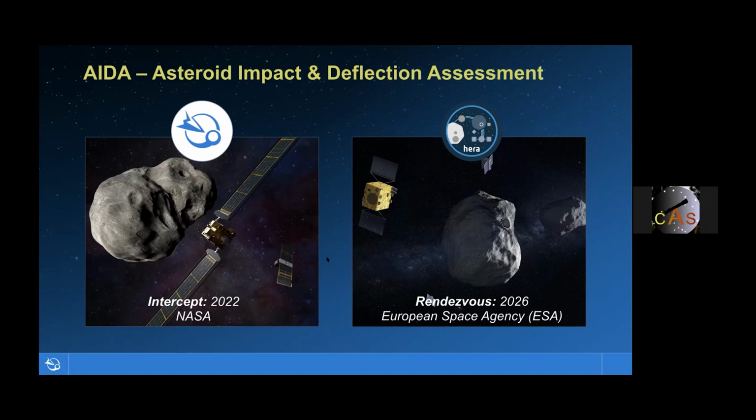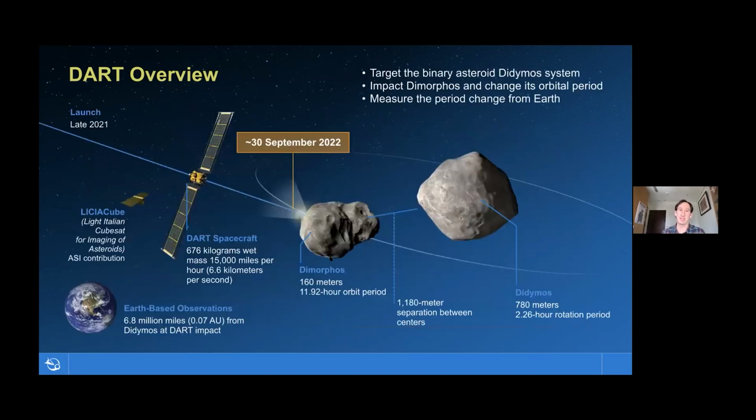Okay, I'll jump in here. Sure. Yeah, how much warning? Okay, this intercept, the one on the left, the NASA one, has that been launched already? It has not been launched, and I think that's a great precursor to the next slide. And so here's the overview of DART. I was just going to ask how long